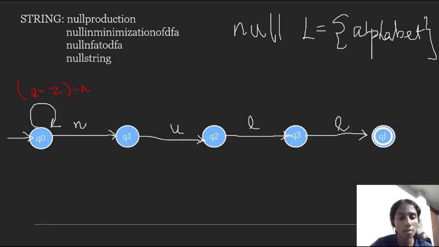Okay, now what about when a different letter appears other than u as your second letter? What if the word is na? Then it should not go to the Q2 state. It should remain in the Q1 or Q0. It should actually go back to Q0 because NA is not valid. It's not going to give you null. So we have to go back to Q0 in search of null again. So we go back to Q0 when my alphabet set